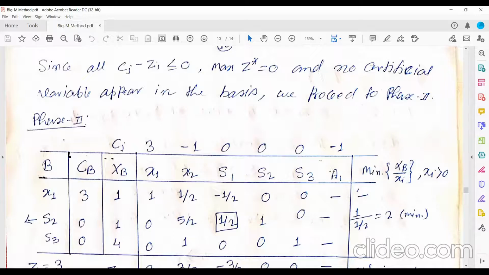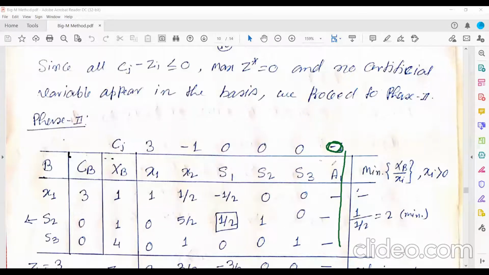We have moved to phase 2. But if an artificial variable is present, that is the second case, then you need to assign 0, so better you write 0 here. For this case, if you write -1, there is no impact, because this column has no use.